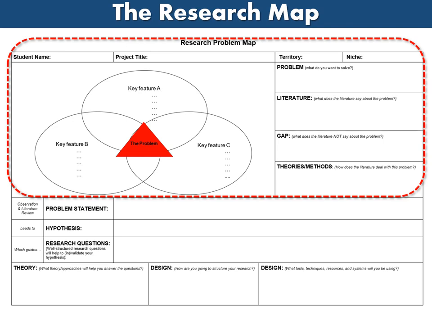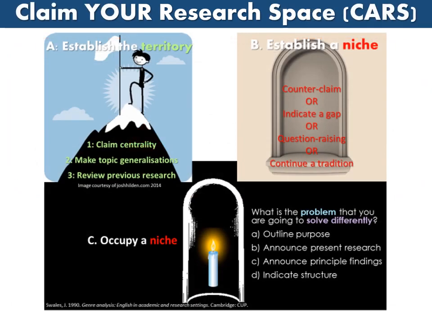So just as a final reminder, as you conduct your literature review and work on your particular problem, remember that the purpose of postgrad work and publishing is to make a contribution or to demonstrate that you are capable of doing so. Your research map is the basis of everything you're going to write on this research project, whether it's your thesis or an abstract or final publication. And in all of those pieces of writing, the pattern is the same.